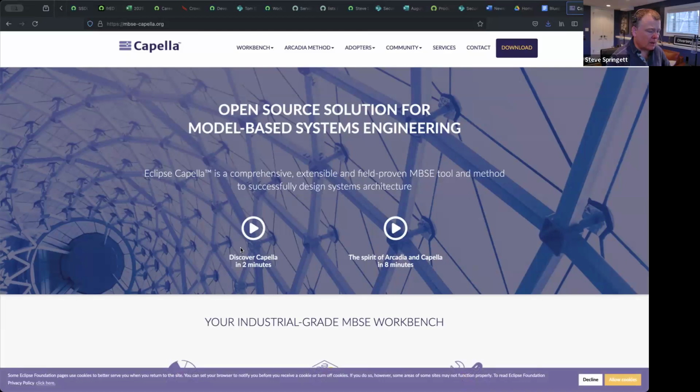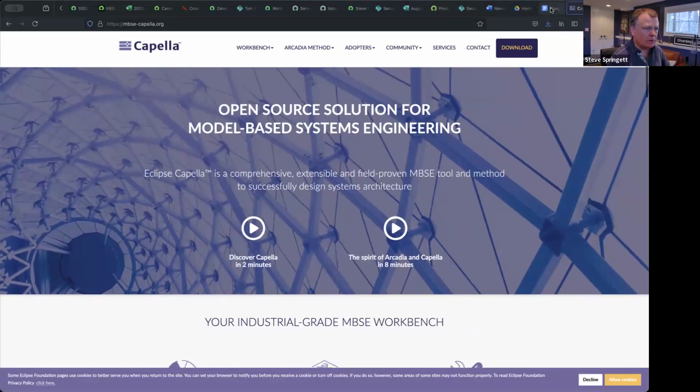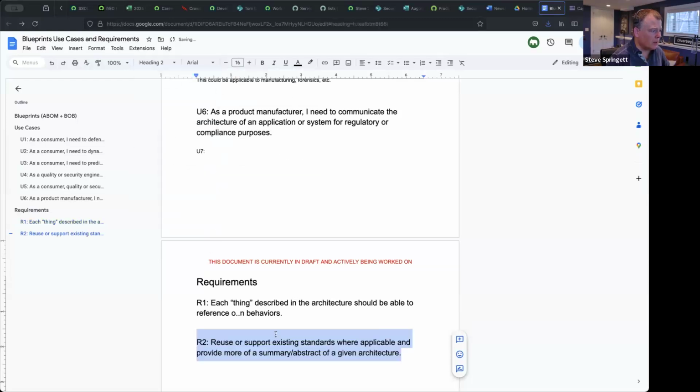I haven't watched these videos yet, but I need to figure out this set of standards, and there's a bunch of other things too that we could potentially integrate with. So I guess another requirement would be to integrate with the